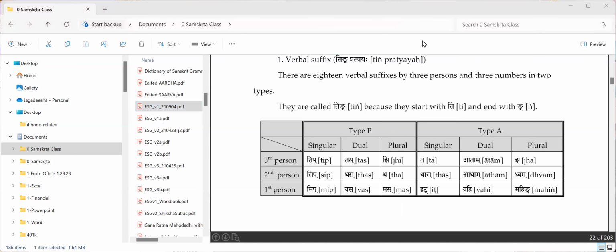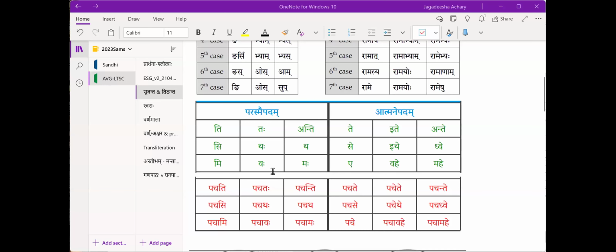Let's see, stop this share, then share screen. Let me go back to the one I was sharing. So that table I will have to introduce here. It is there, but accidentally deleted. Then you can make sense. Tip, the T will have come from tip. The same way, the ant will have come from anti, but it is not very obvious unless you go through all the steps.